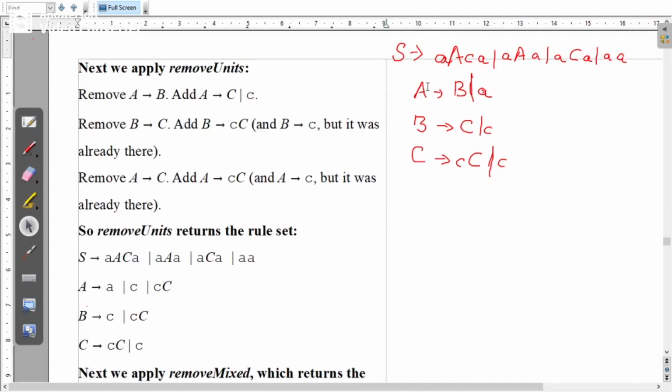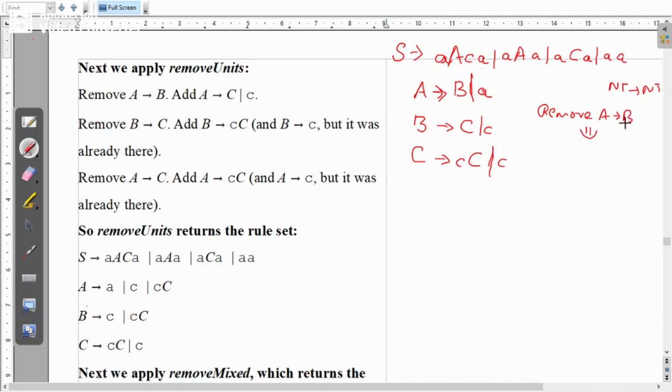Now we have to identify the rule of the form non-terminal gives non-terminal. You can observe here in the first rule there is no rule which is of the form non-terminal gives non-terminal. What are non-terminals? All the LHS symbols. So you don't have something like S gives A or S gives B in the first one. Whereas in the second rule you have a rule called A gives B. So we have to remove A gives B. Then in place of that you have to write some other grammar.